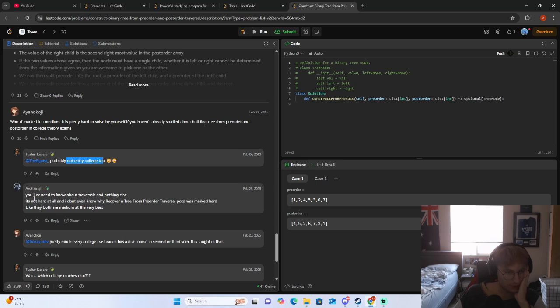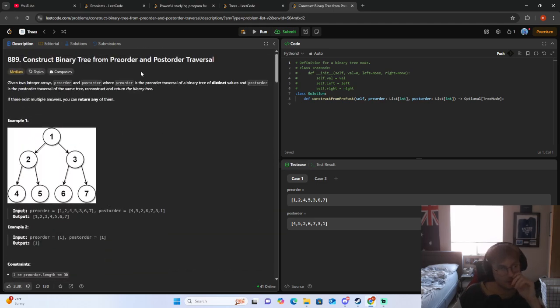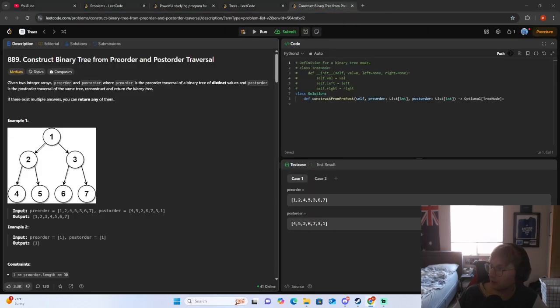Probably not entry. My intuition isn't there. I don't think I'm really understanding this problem. I mean, it is a pretty straightforward problem, constructing a binary tree from